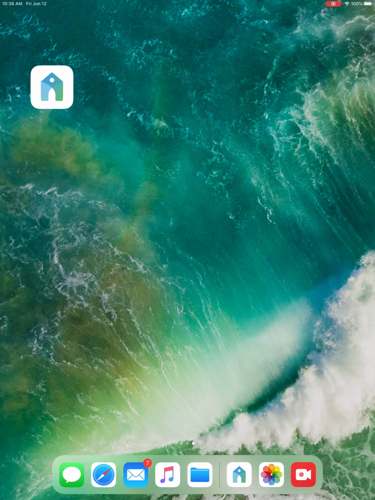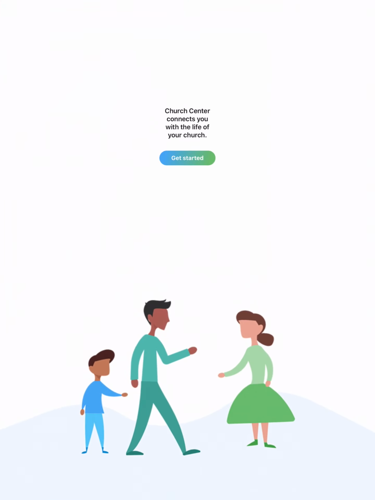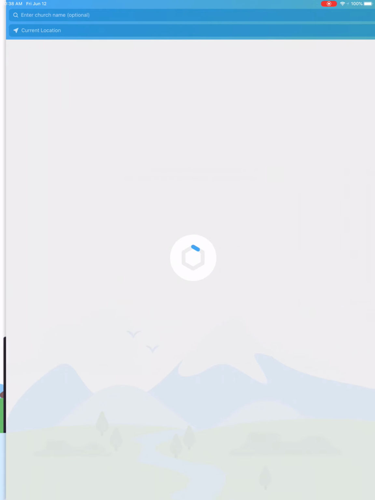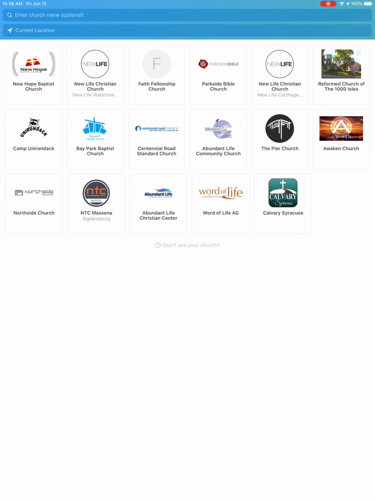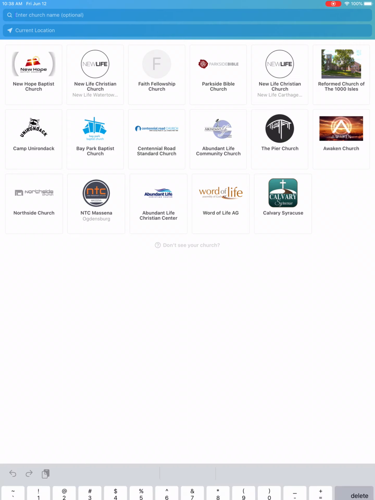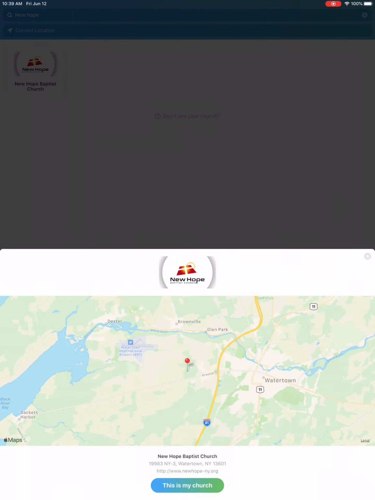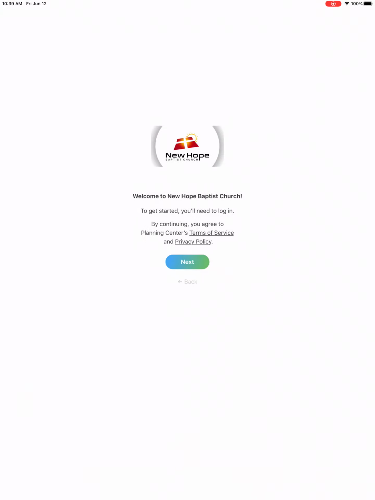So here we go. We're going to go ahead and open the app. First time you do it, you're going to just hit the Get Started button right there. And then you can use search manually, but I'm going to hit the Use My Location button. And as you can see, it pops up churches in the area that happen to use this app. So New Hope Baptist Church is right there at the very top because I'm already here. But you can also search New Hope. And there we are. So you're going to select that this is my church,